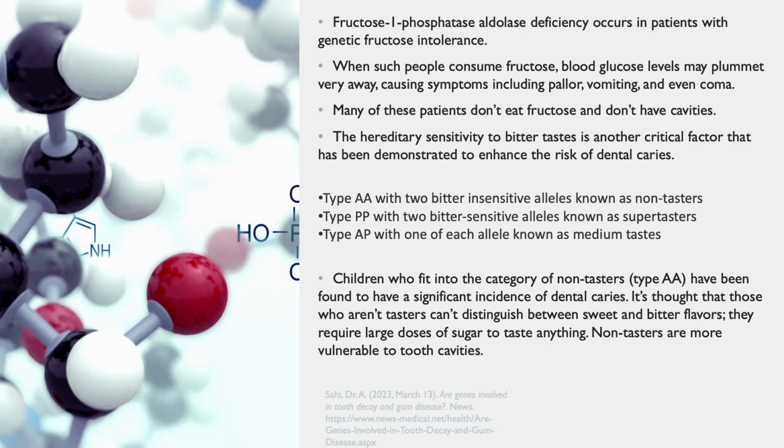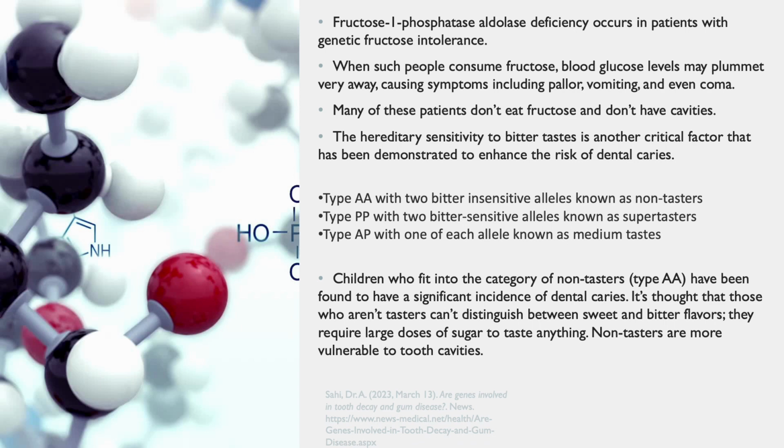The hereditary sensitivity to bitter taste is also another critical factor that has been demonstrated to enhance the risk of dental caries. The three types of hereditary sensitivities are type AA, type PP, and type AP. Type AA, with two bitter insensitive alleles, are known as non-tasters. Type PP is two bitter sensitive alleles, known as supertasters, and type AP, with one of each allele, is known as